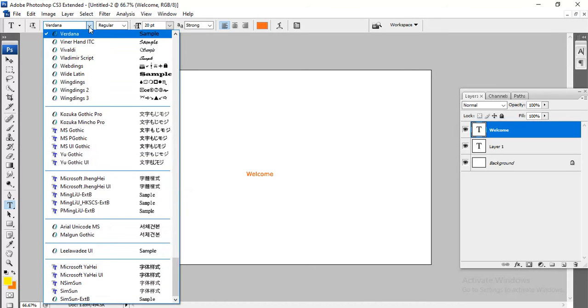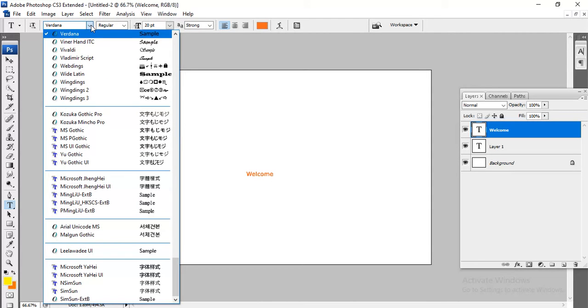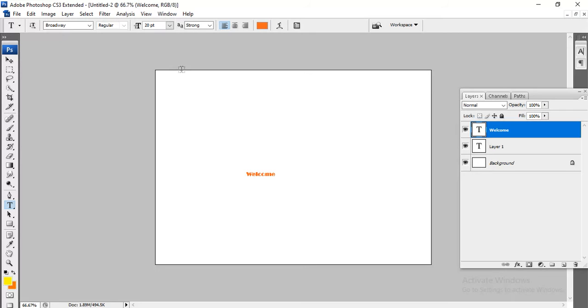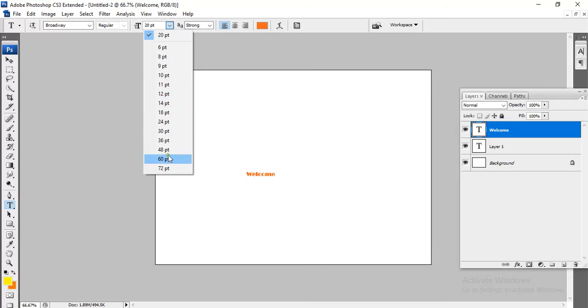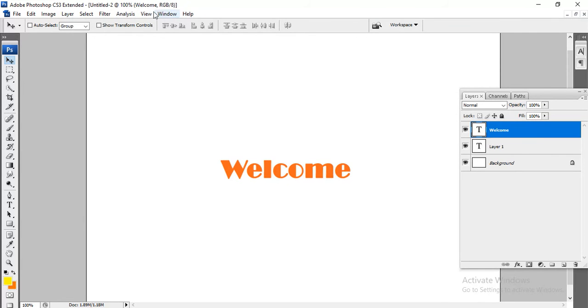I think you know some of them: the font, the style, the size, what type of text, whether it's strong or smooth, like that. We can select all these options. Let me show that. This is Verdana. You can change to another font also. I'll try to bring in some bold. Take this one as an example. For font size, you can select the font size, just click here, and now it's done. Control plus to zoom. See, this is the actual document size.